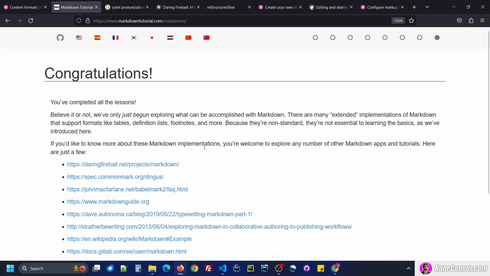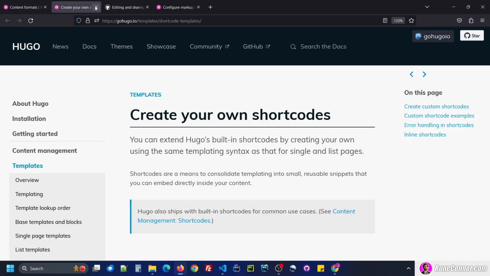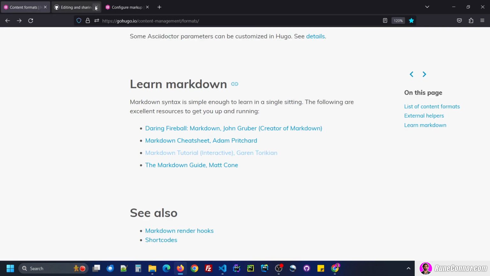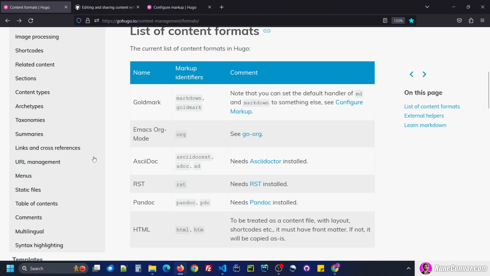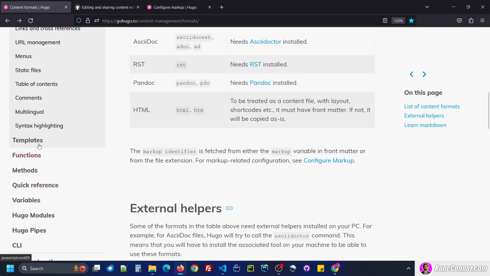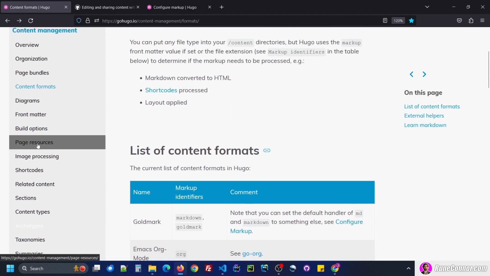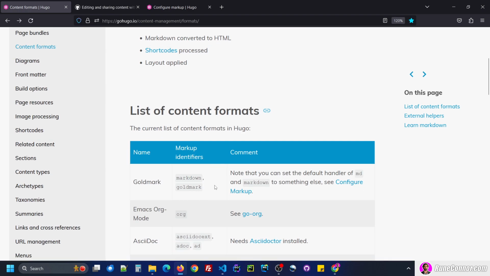Congratulations, I've completed all the lessons. Okay. Only just begun. Extended implementations of Markdown, and so on. I'm not sure if Hugo is using an extended implementation. Render hooks, shortcodes. Is there a Markdown section here? Multilingual template functions. No, I guess not. It just says Markdown, but